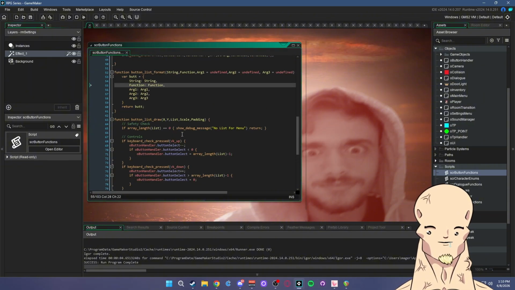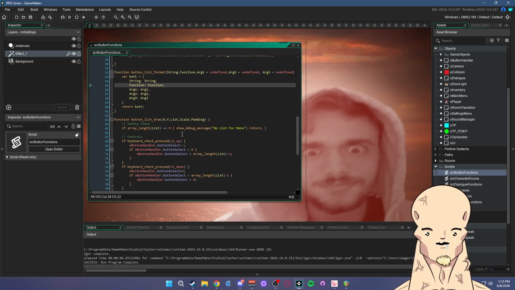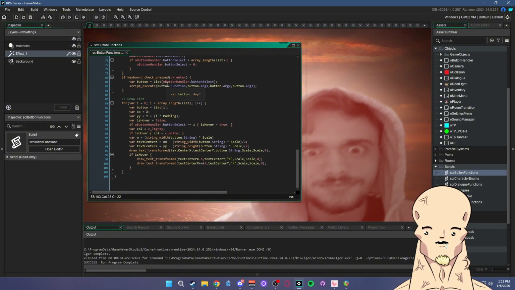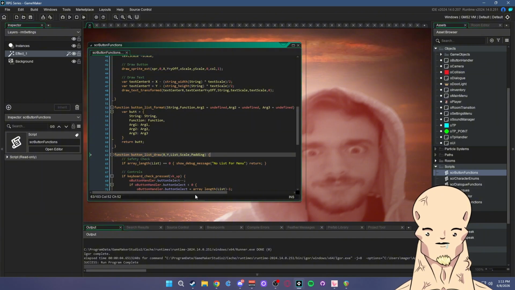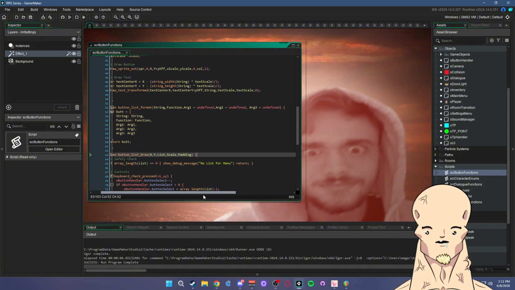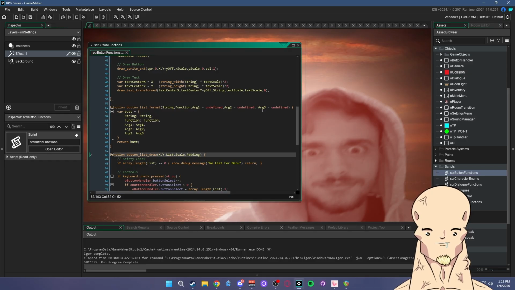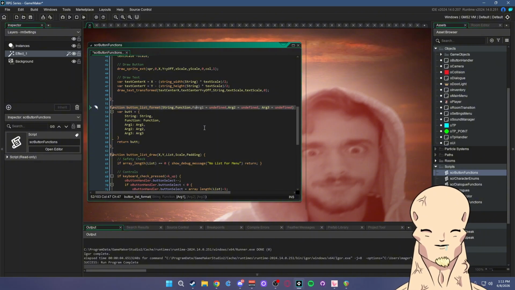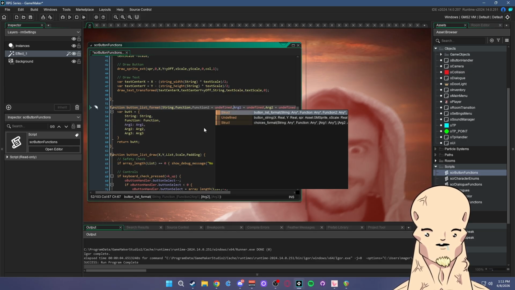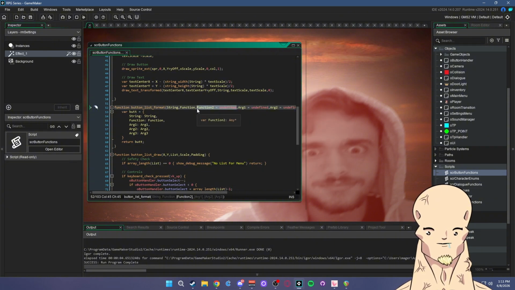Try to think of an easy way to implement this without changing too much. Let's do... This is the whole list that it handles. We're gonna say... So we have arg1 and arg2, and I'm gonna say function 2 right here equals undefined. Function 2 is going to be another optional